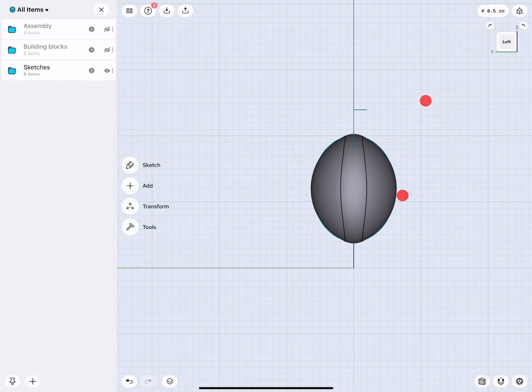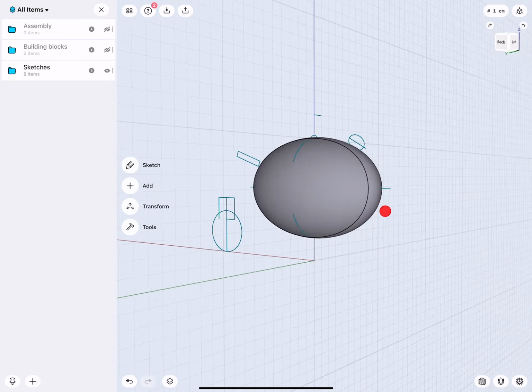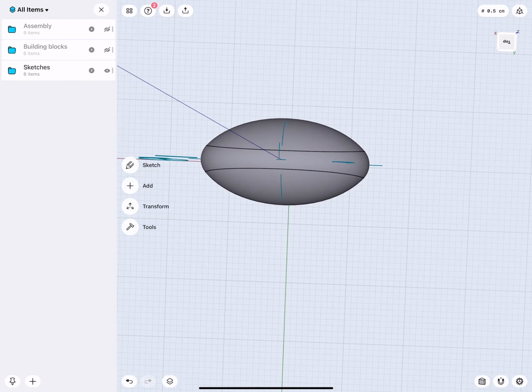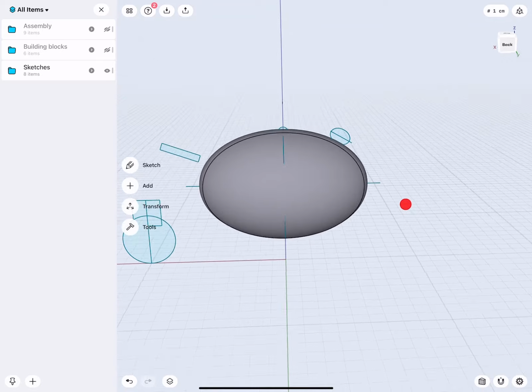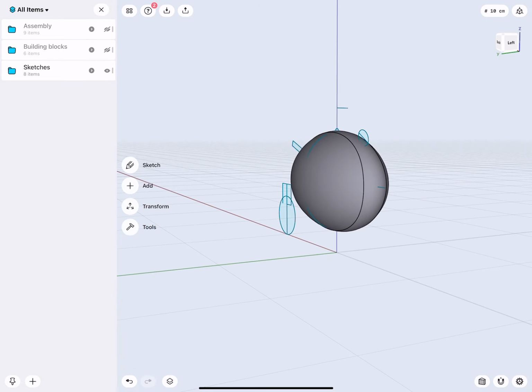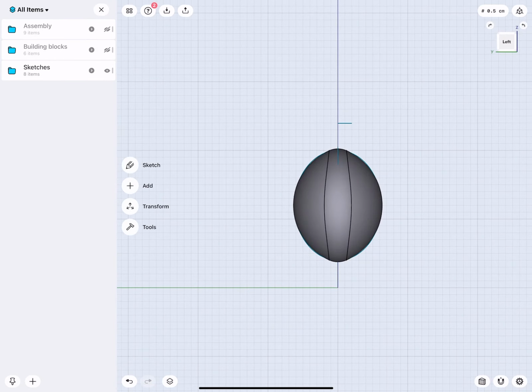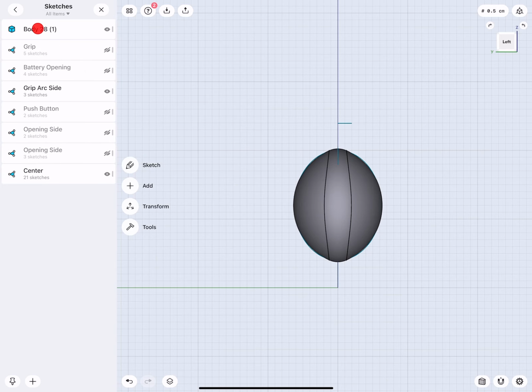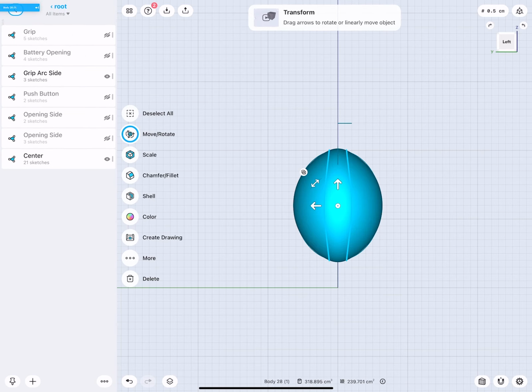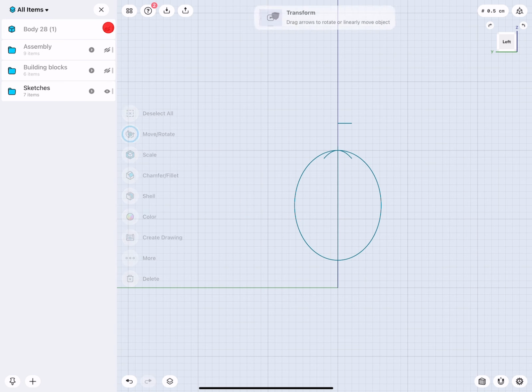Yeah, and there we are. Now you see it from here, an ellipse, from there an ellipse. Pretty nice. Very good. Okay. So this is our main body, and I will move this one out of the sketch group. There we are. And let's hide this.